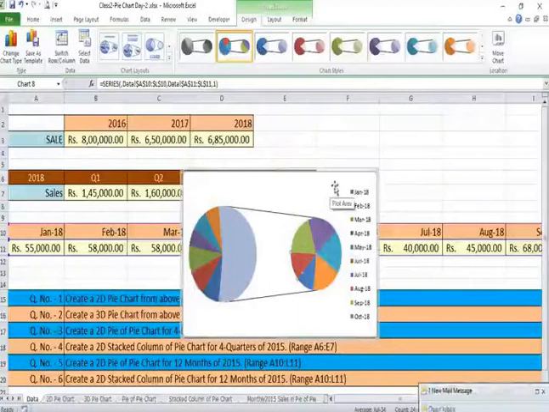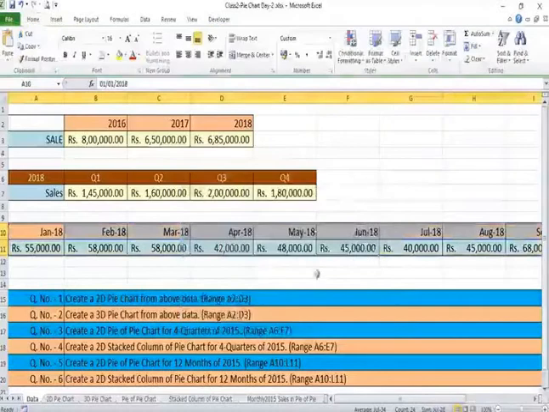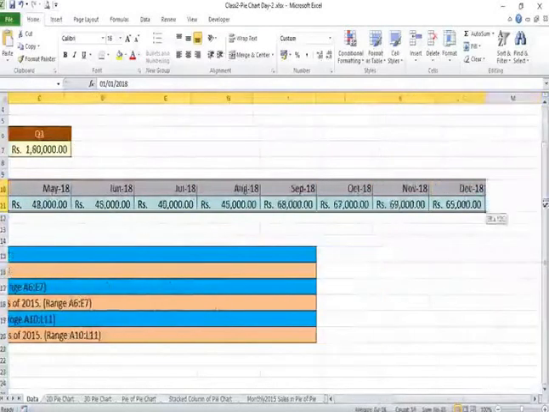So that's all in this exercise. One more thing. Let me add it. I'm deleting this data. Now I was forgetting to include or explain bar of pie chart.